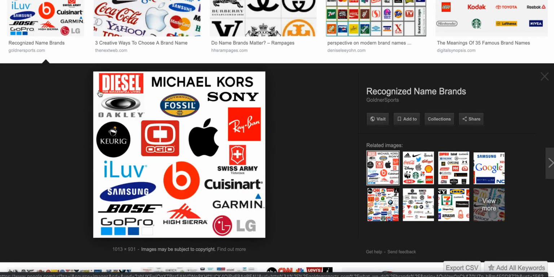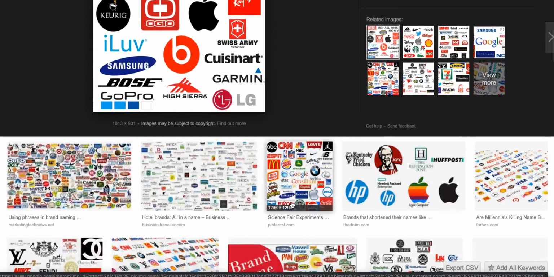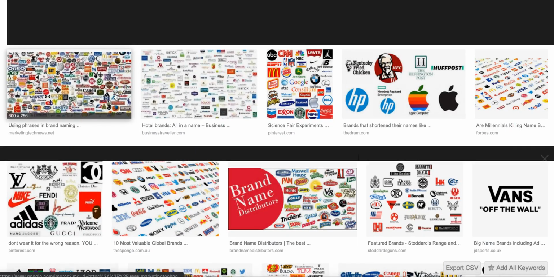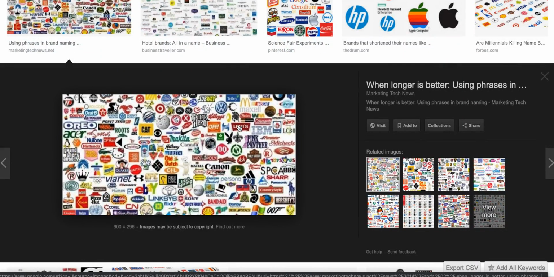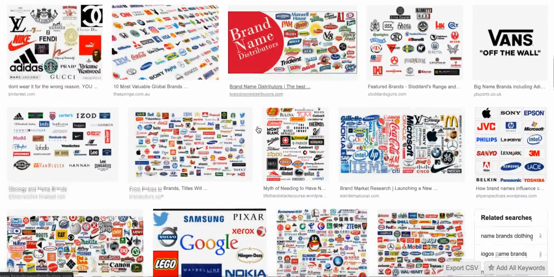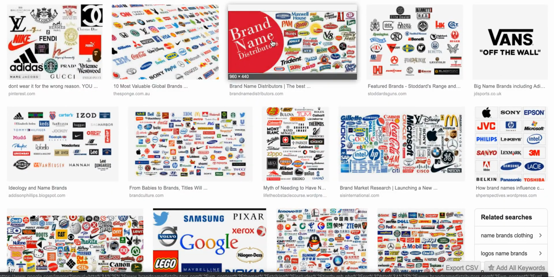Name brands are always going to cost the customer more, but when they get hooked on them, it's really hard to pull them away, because name brands, generally speaking, spend a lot more money on the quality of the product and the customer experience. So if you're dealing in an industry with a lot of name brands, it's going to be difficult to compete. Make sure your niche has plenty of generic brands that you can draw from and start accounts with, so that you'll be able to compete there.